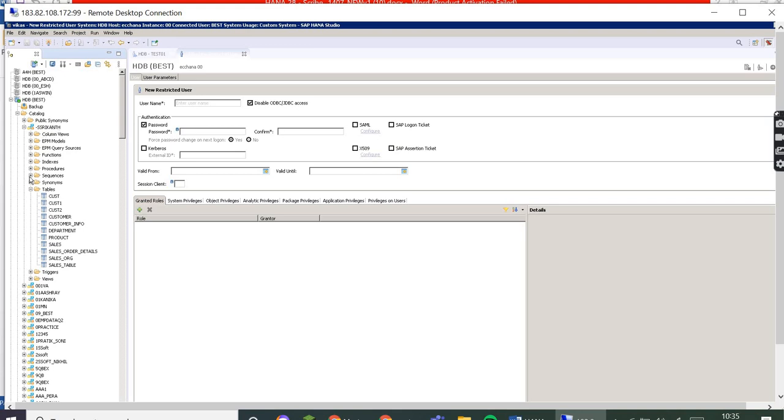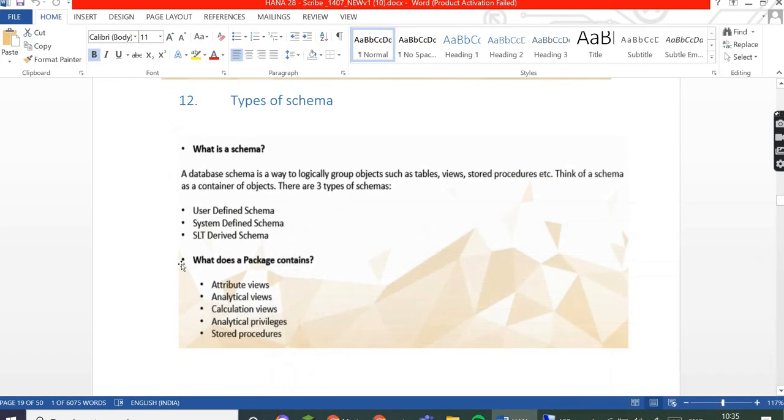So your tables, your sequences if you are creating any, and any procedures are objects which will be held by the schema. Also indexes, any function, any query or any model, any different view that is created, will be held by this schema. So the schema thing you understood, like what is a schema? It is a logical grouping of objects such as tables, views, stored procedures, etc. It is nothing but one container.